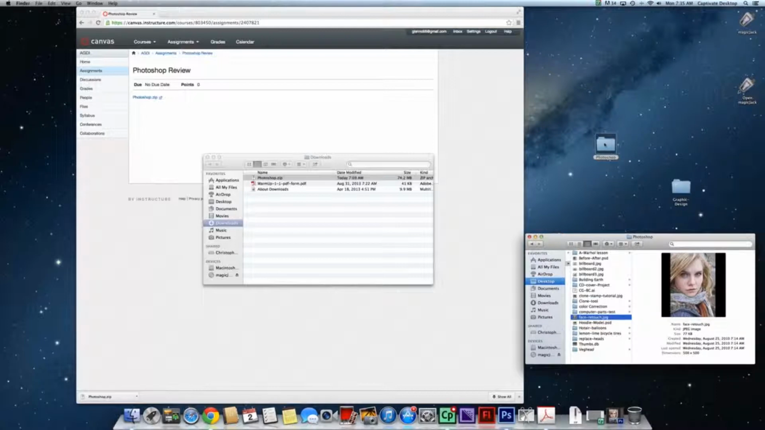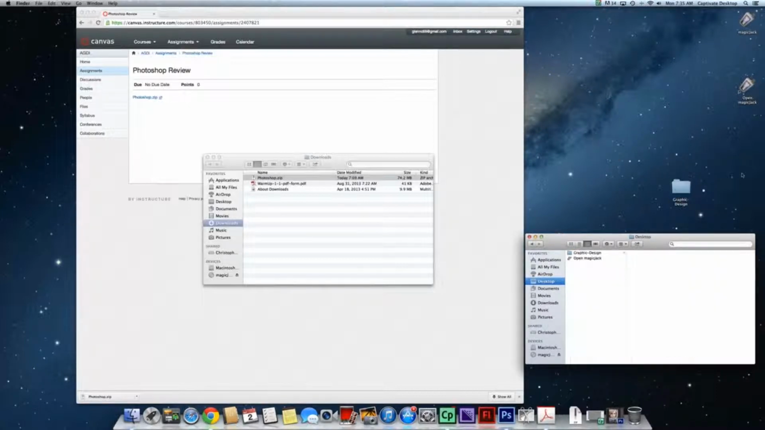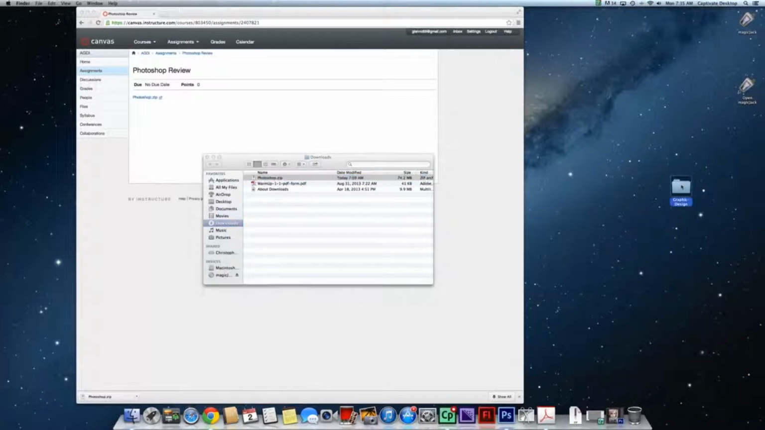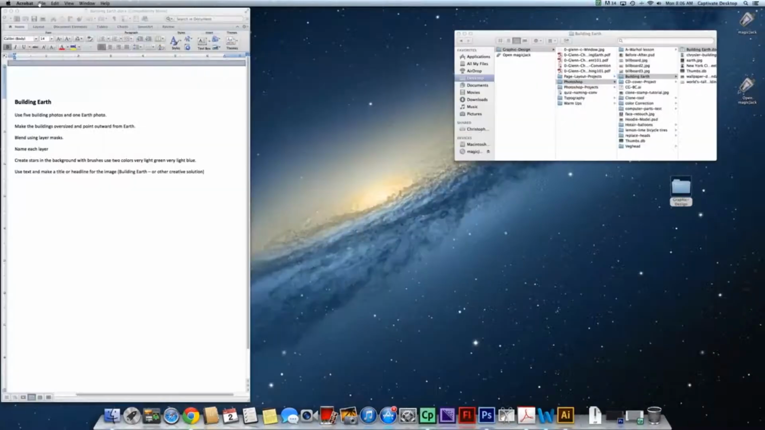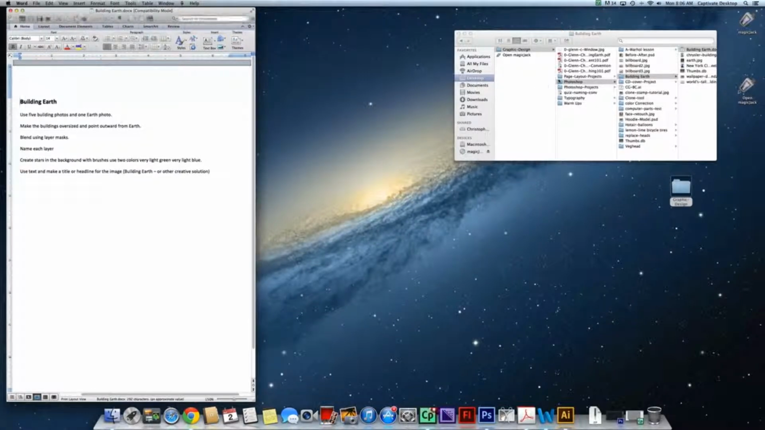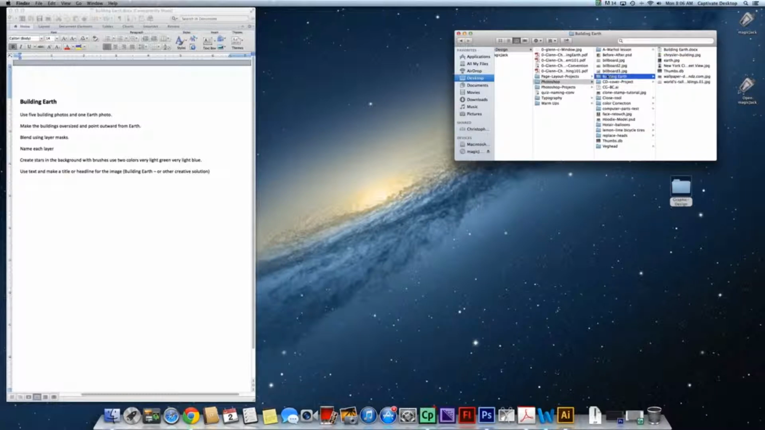Take this Photoshop folder and drag it to the graphic design folder, and if you look in there, you have all your organized projects that you've been working on. So we'll go into the Photoshop folder, and you will need this folder inside your Photoshop folder that you downloaded from the Canvas site, and that folder should be located inside your graphic design folder, possibly on your desktop. And you'll want to use the files inside the Building Earth folder, and right now I have the Word document